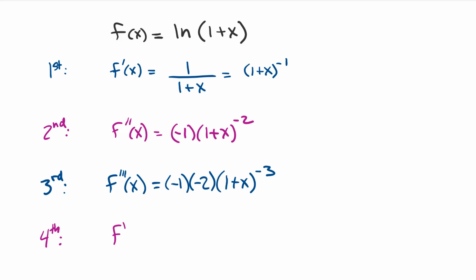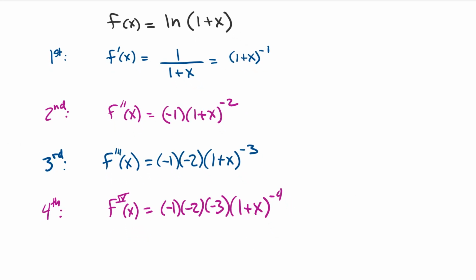So we're going to write the fourth derivative here. We got our negative 1 times negative 2, and then our negative 3 is going to fall to the front. Now we got 1 plus x to the negative fourth. Well, I think we can catch a pattern by this time. It looks like this is just getting bigger and bigger and bigger. So on our fourth derivative,